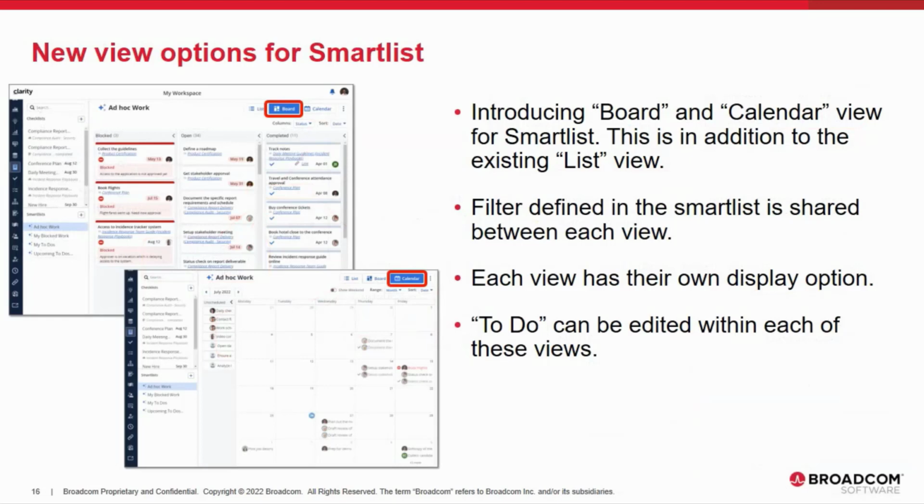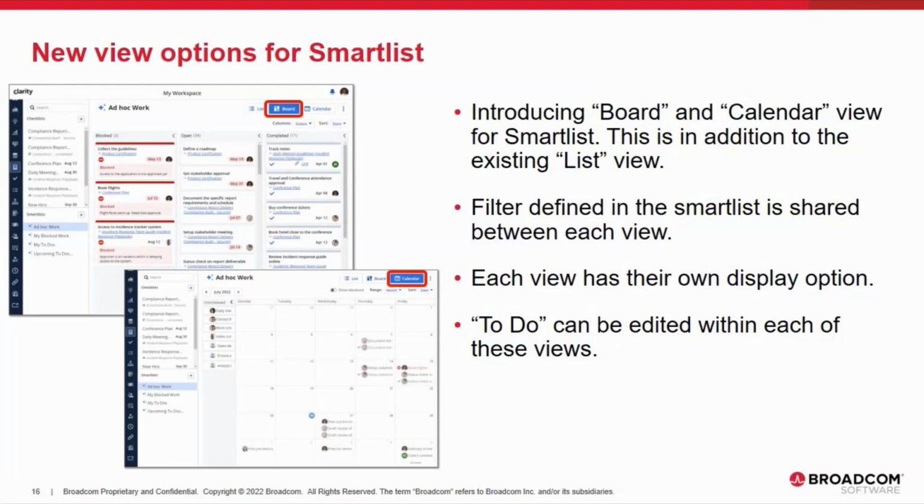We have now expanded the Smart List to display the data in two additional views, which is the board view and the calendar view. The calendar view is the first time in the modern UX where you're able to see the data in a calendar format. This is the first place in the modern UX, and we plan to use this in other parts of the